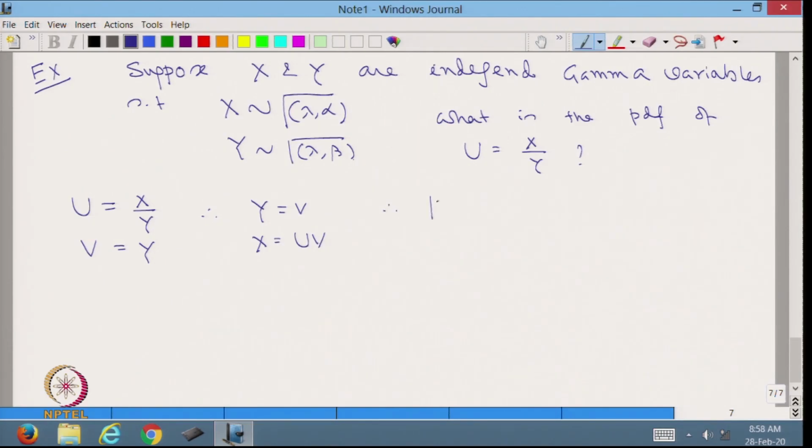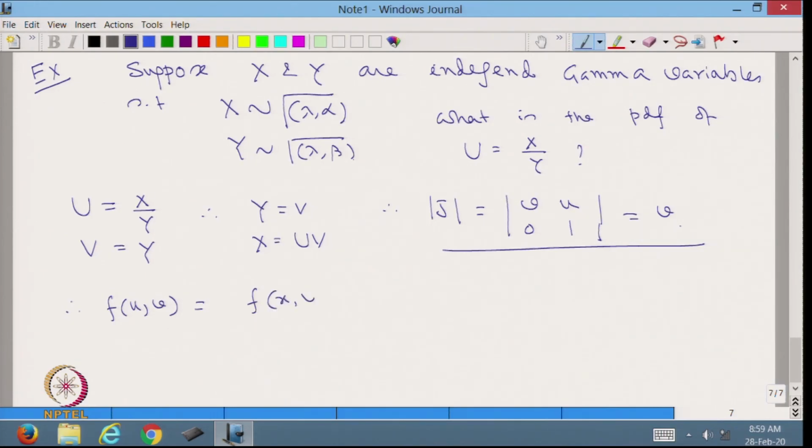Therefore, the Jacobian we have just seen will come out to be the matrix v u, 0 1, and the determinant of this matrix is equal to v. Since we have just worked it out in the previous example, I am not going into detail. Therefore, f of u v is equal to f x y into the Jacobian